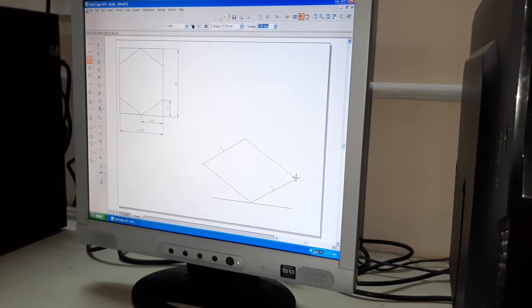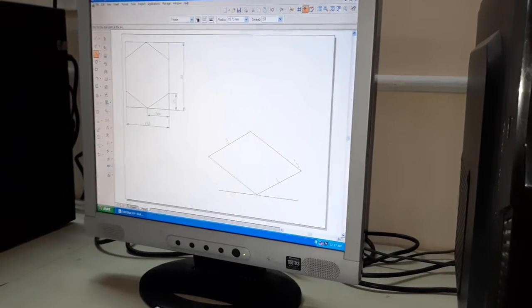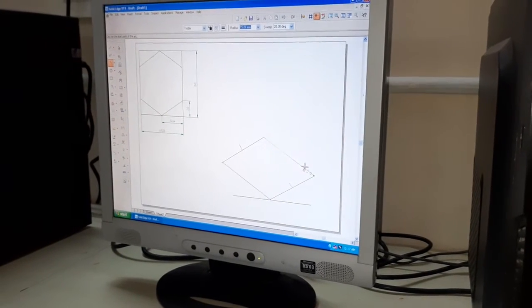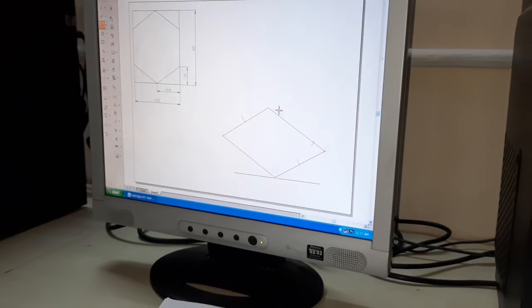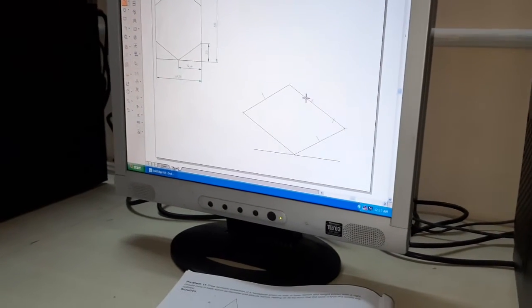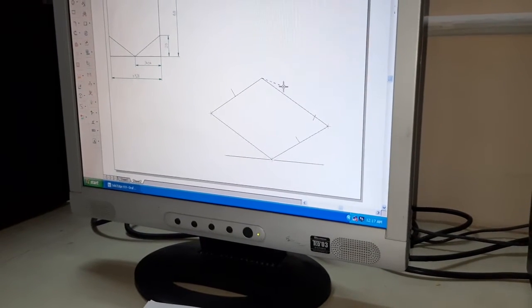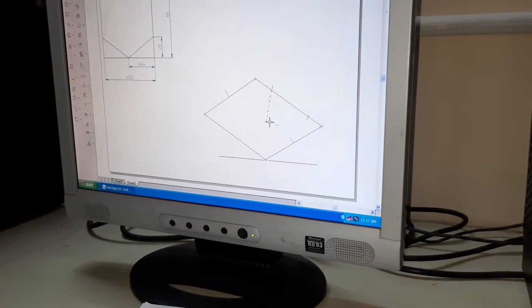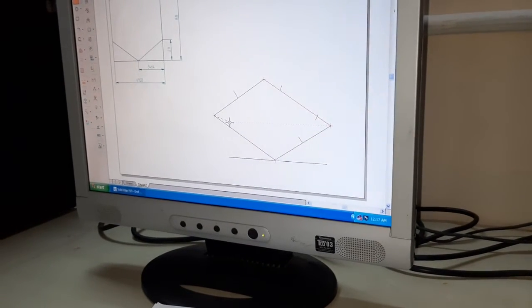From here now let us cut an arc of 20 mm. Again from this point also let us cut an arc of 20 mm.